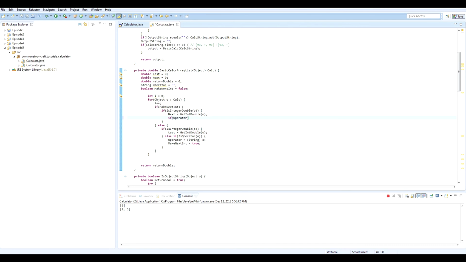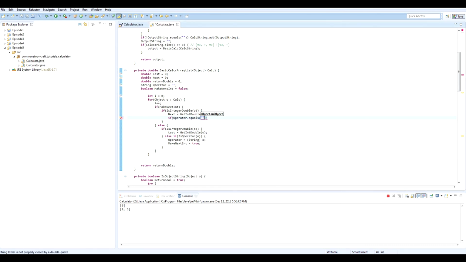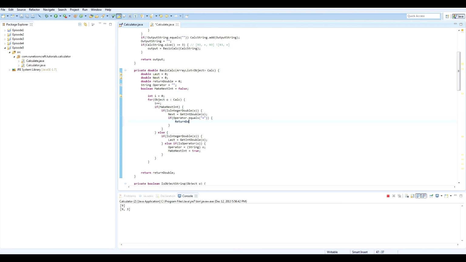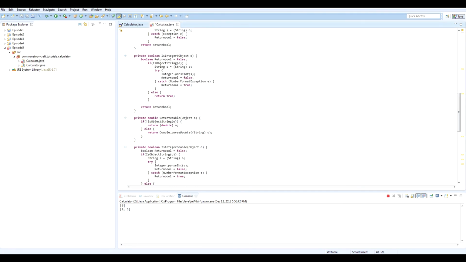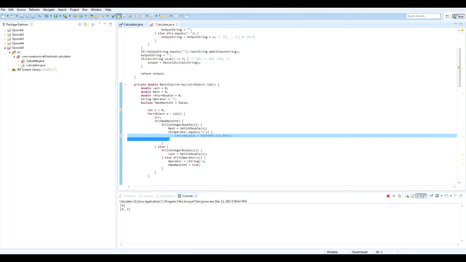So now what we want to do is if operator dot equals plus, we want to return double equals math add last next. Remember, math add is something we created before, right down here. All of these we created before. So this is what's going to happen. So now if operator dot equals plus, then continue. Then else